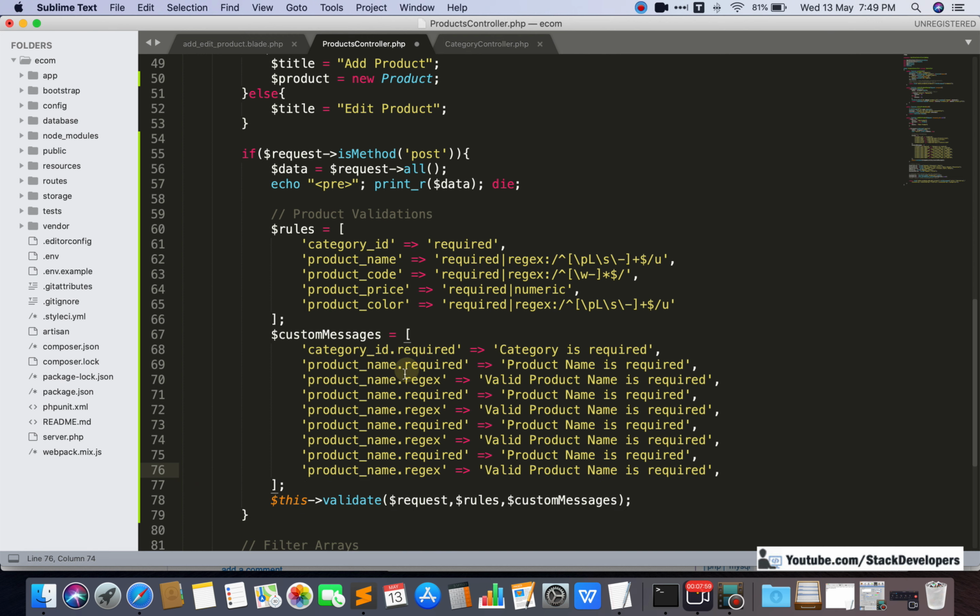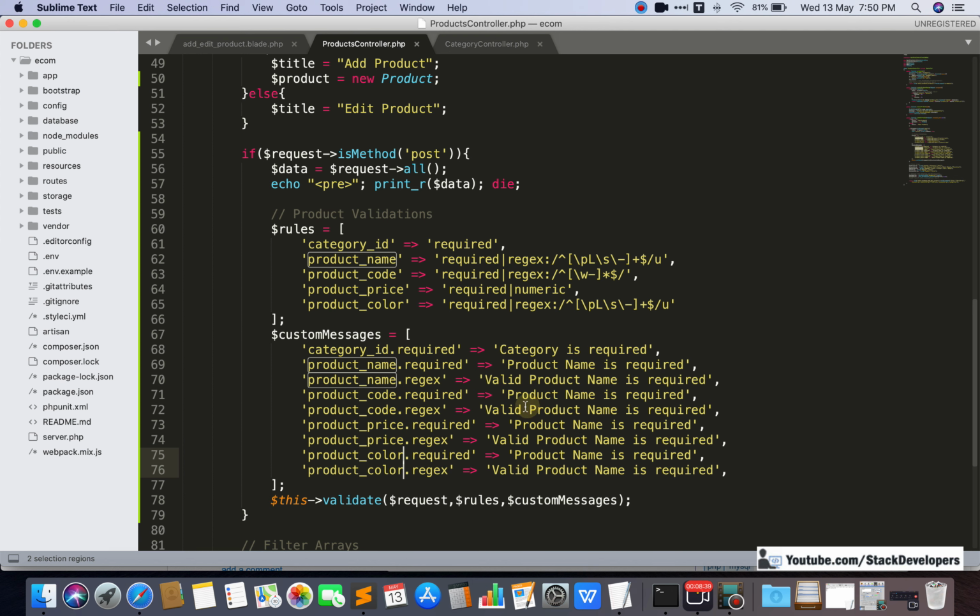So product name, after that product code, here product price, here product color. Now it seems to be fine: product name, product code, product price, and product color.